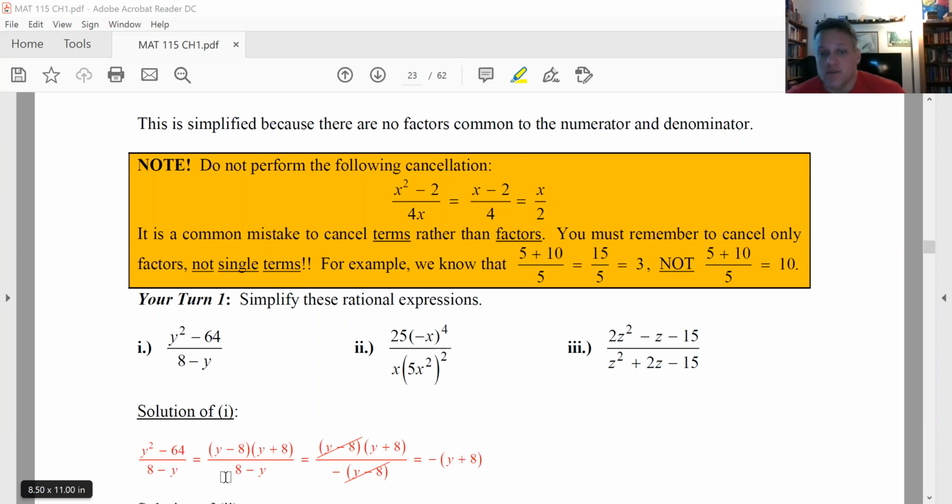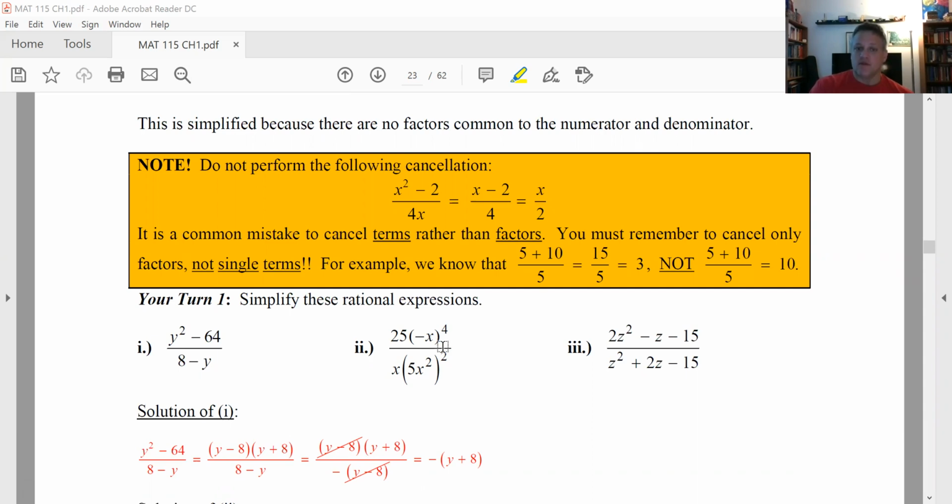I did it for the bottom just for simplicity, but you could have very well done that to the y minus 8. The minute you do that, you can cancel the y minus 8s, and then what you have is y plus 8 over -1. But remember that -1 can be put in front instead, the completely equivalent expression. All right. Number 2 is just really a